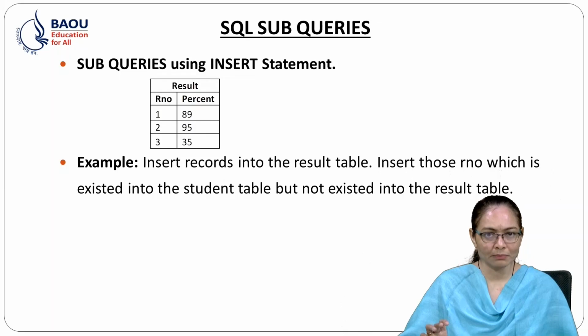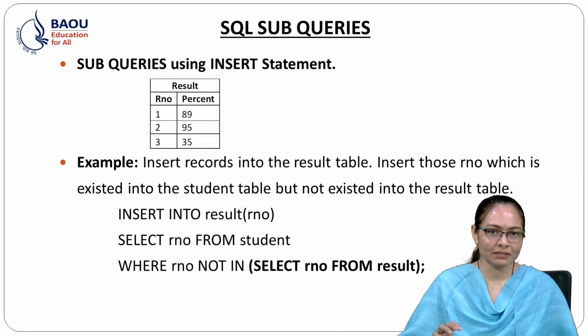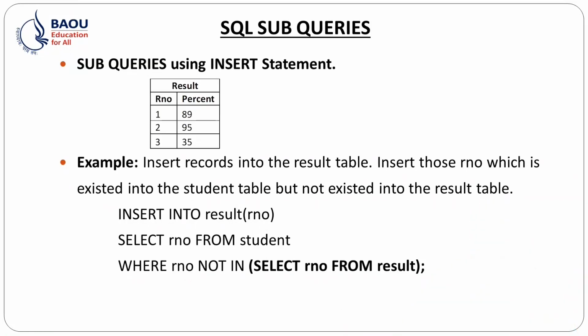Insert those roll numbers which exist in the student table but not in the result table. How to write the subquery using the insert statement? See the example: insert into result, then we enter the data into the roll number column. So in the brackets, roll number column, select roll number from student where roll number not in, select roll number